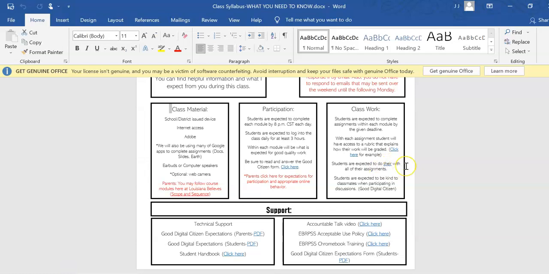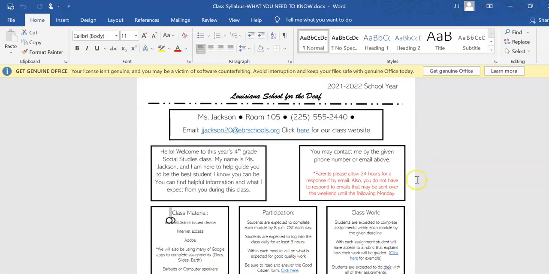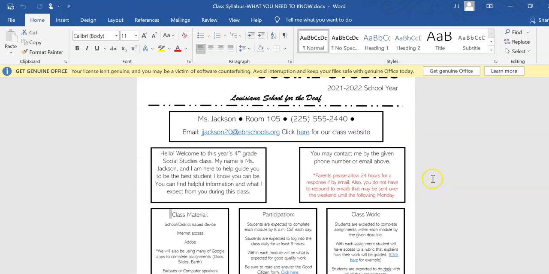And this syllabus pretty much just outlines for the students and the parents what I expect of them for the duration of this course, and not only gives them my contact information where they can find me if they were to ever be physically on campus,